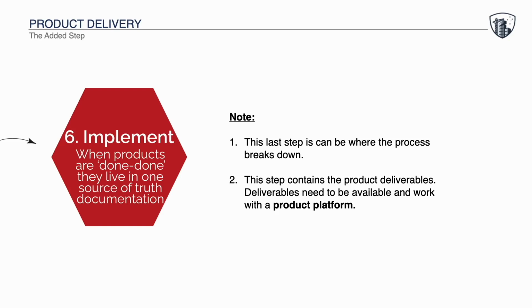This last step is one that's added. It's not in the IDEO design thinking process, and it's called implement. We can do all the work we can to prove that our products work and make sense and get sign-off, but they need to be implemented. This can be done using software tools,